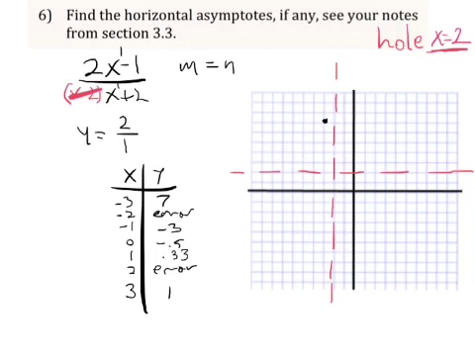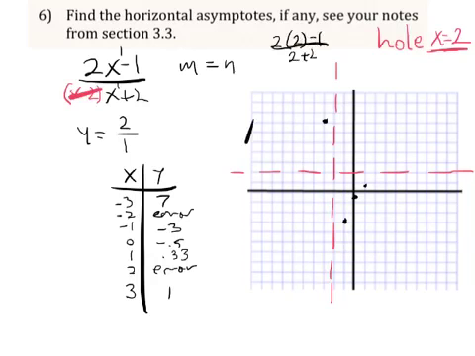Negative 1, negative 3, 0, negative 0.5, 1, 0.33, and 2, we have an error. Okay, so what we do here is we say, alright, what is 2 times 2 minus 1 over 2 plus